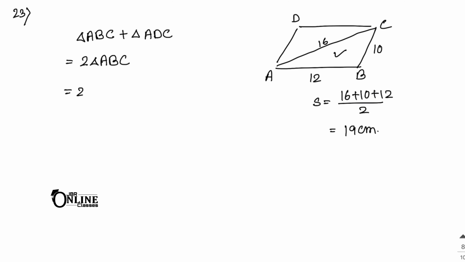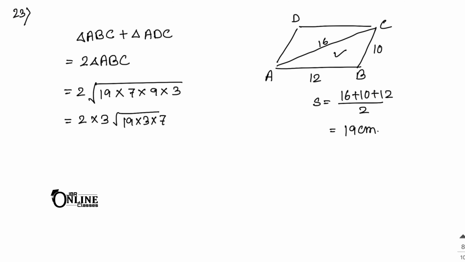So now the area will be, you know the formula, root of S into S minus A, into S minus B, into S minus C, so that means 19 into 7 into 9 into 3. You can write down root 9 as 3, because root 9 means 3. So then 3 into root of 19 into 7, and that equal to 6 root